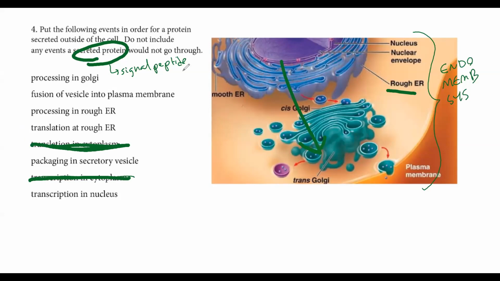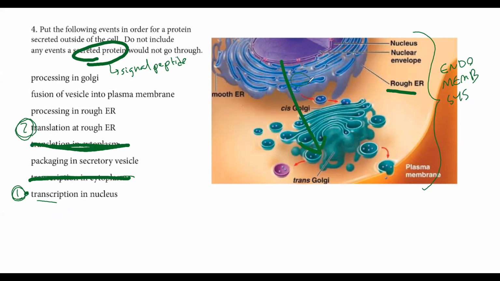Cool. So let's go ahead and go through this question together, starting with what's for sure at the beginning. Before you have a protein, you have to have RNA. That step is transcription, right? So transcription in the nucleus happens first. I'll just number it like this. Transcription in the nucleus has to happen first. After transcription, what's going to happen? Translation. Right, this is nothing new. This is where looking at the diagram comes in. So we already knew transcription and translation, that's nothing new.